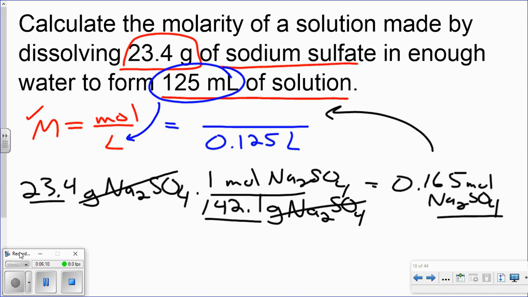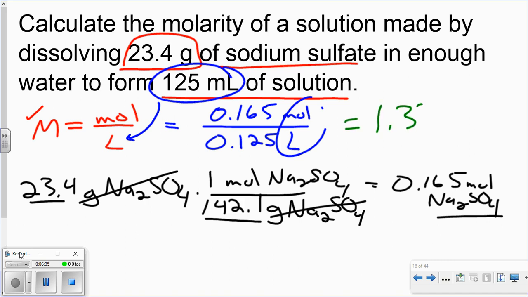Let's go back to our blue pen. There we go. So we're in moles per liter. That's exactly what I want. Let's clean this up just a little bit here. So now all I have to do is divide. So 0.165 divided by 0.125, you end up with a molarity of 1.32. 1.32 is our answer. 1.32 molar, and you always reference the solute,